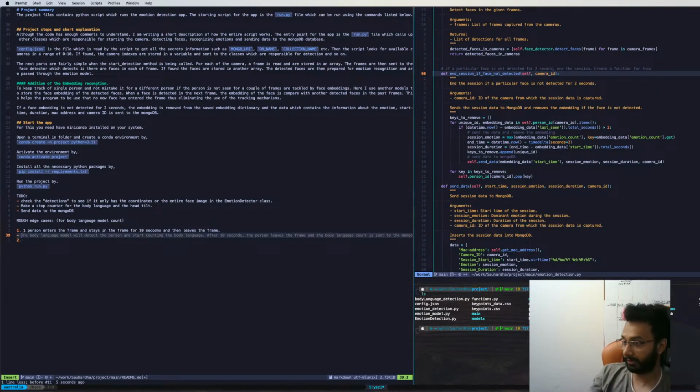Let's deal with one edge case at a time, then we'll be able to understand what logic we have to implement. If one person enters the frame, stays in the frame for 10 seconds and then leaves,